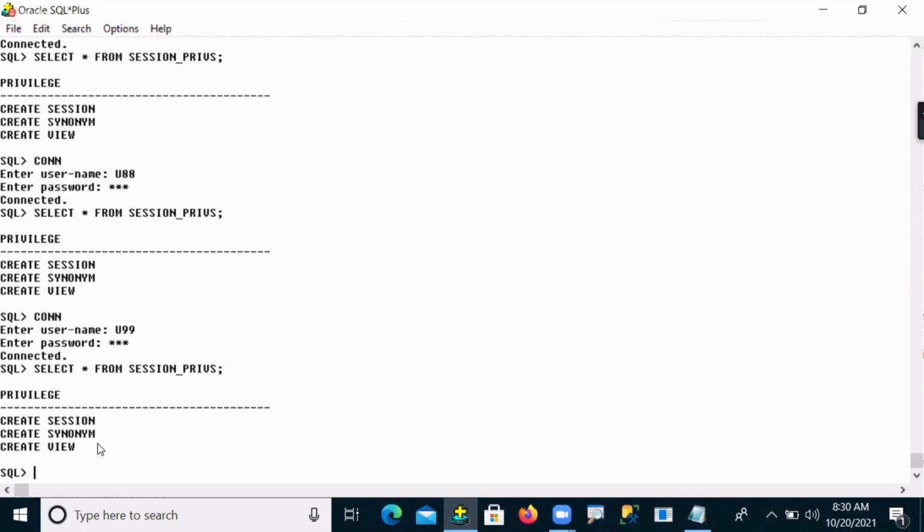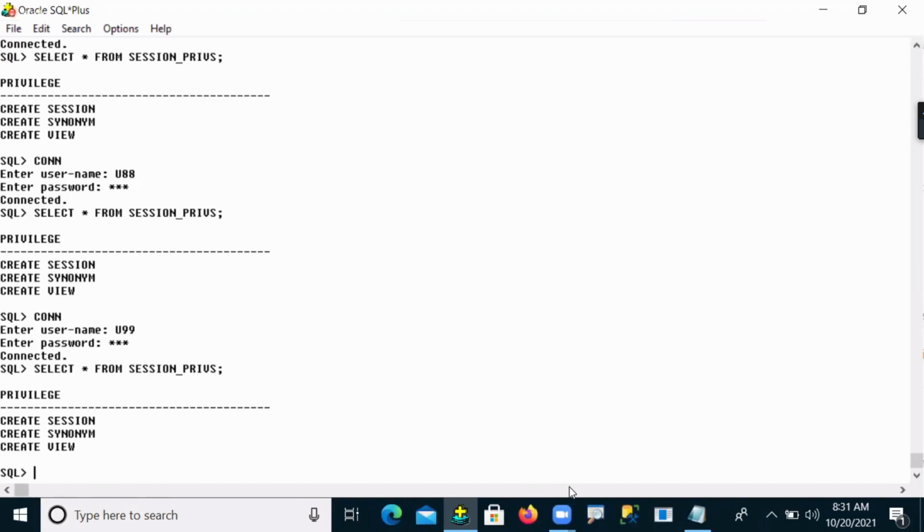So these are the roles and users: user creation, user permissions, and role creation, role permissions, and how they are used by the database administrator in real-time companies. This is the scenario. And one more thing I already said: this database security concept is completely designed and handled only by database administrators, not other people.